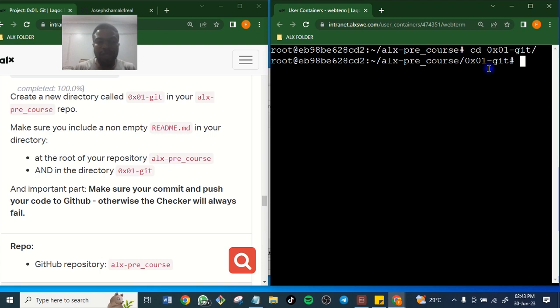So for me to create this, what am I going to do? I will say vi readme.md. I want to create it inside this directory, everything is happening inside this directory.